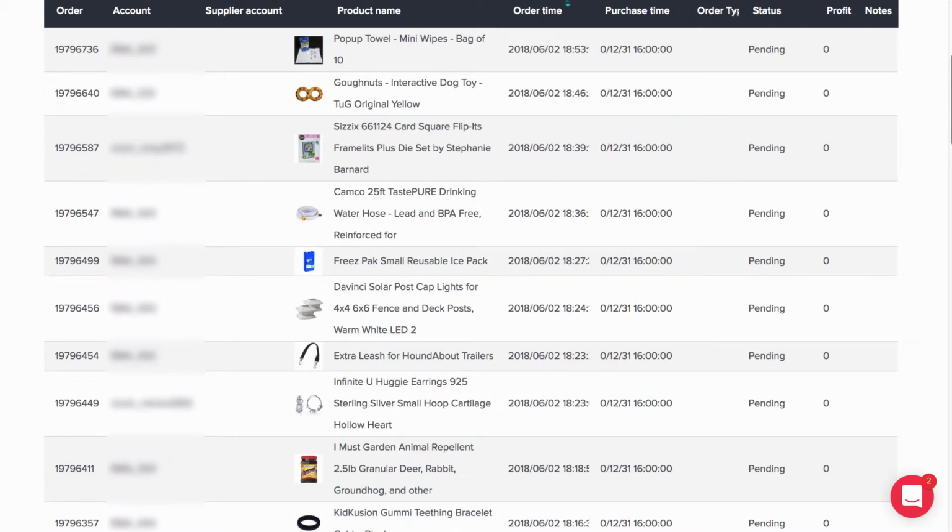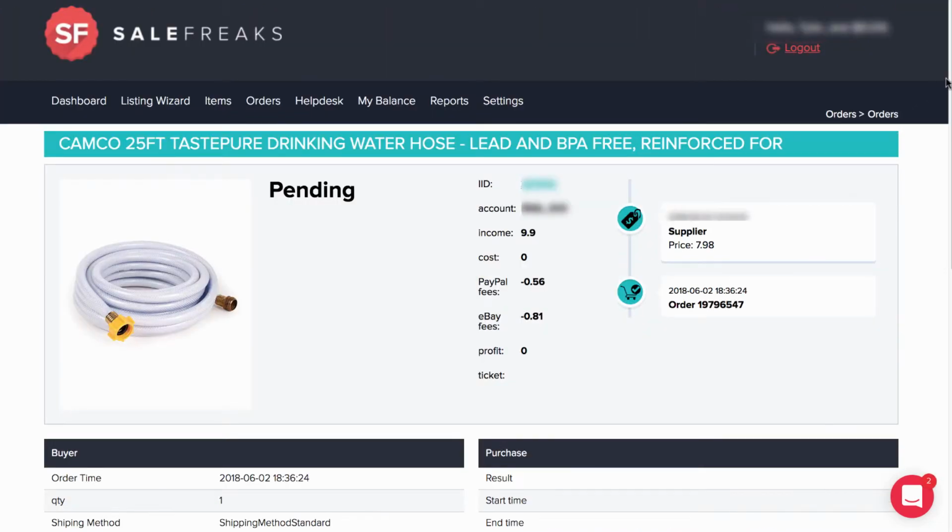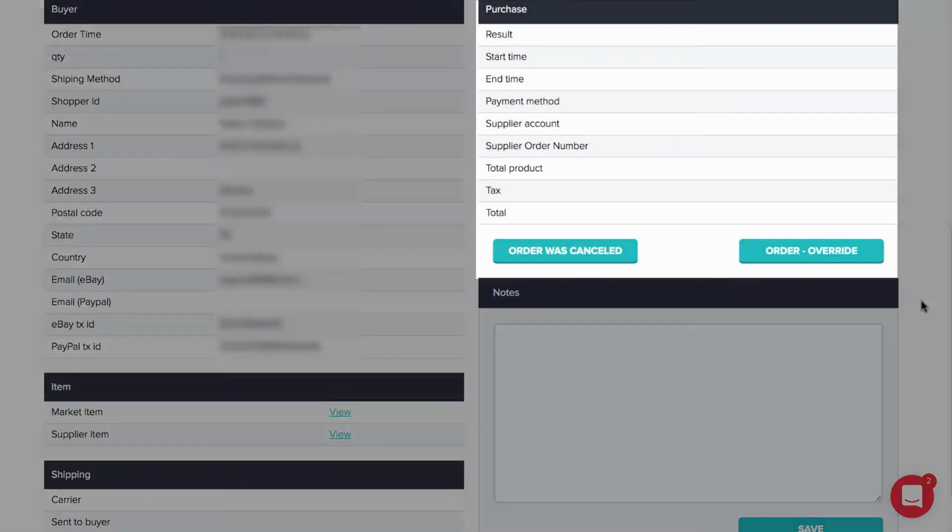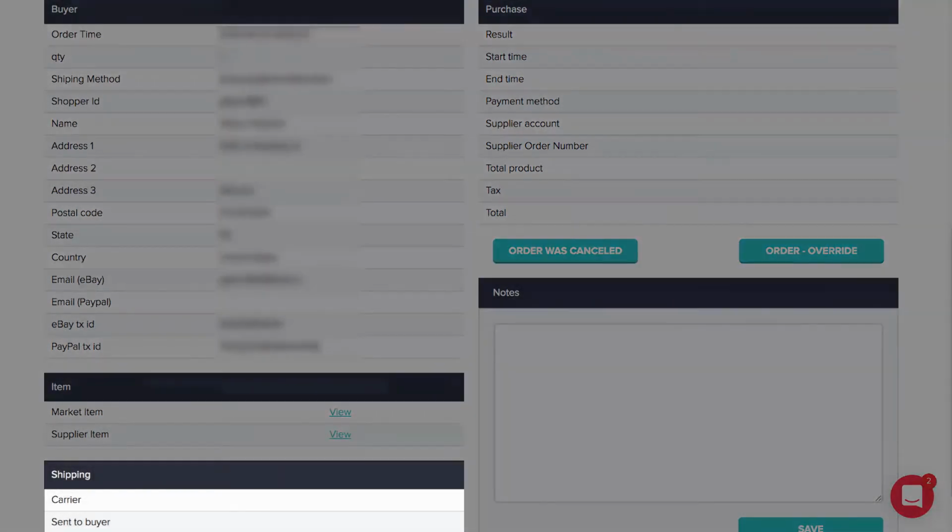To view the complete information and status of the order, click on the texted area. A new tab will open. In the tab, you will be able to view all the information associated with the purchase timeline plus fees and final profit, the buyer information, the additional purchase information, which can also be overwritten and edited, the shipping information if